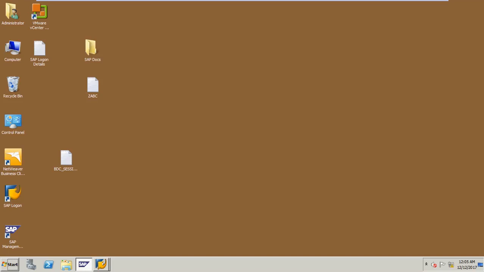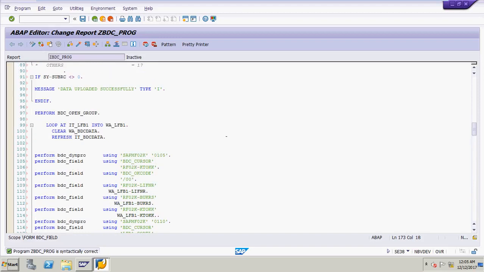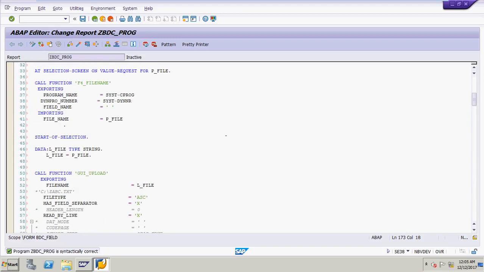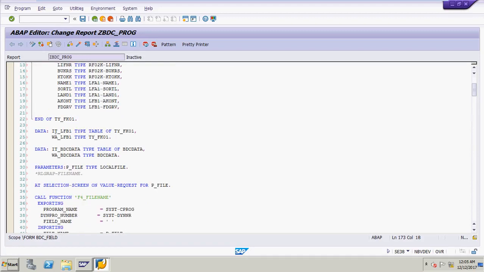Now this is my report program. I have rectified all the things. Now just again I will show you properly. Just create the structure, and after that create the internal table which holds the structure value type FK01.